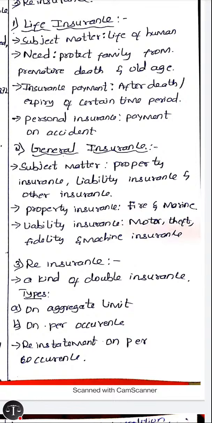But on per occurrence, this is not the case. On a happening of an event, for example, an earthquake took place, and there are a lot of persons who will want insurance, but the insurance company is in loss, and they have taken reinsurance. So if all the persons try to claim from the company, then the reinsurance company's budget will go off. So that's why on per occurrence there is a reinstatement. The reinsurance company will set a budget first. So only for one happening of the event they will give that much budget, and then they will release another budget for another event. That's how it will work on per occurrence.